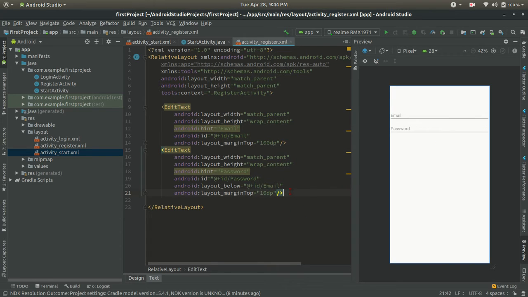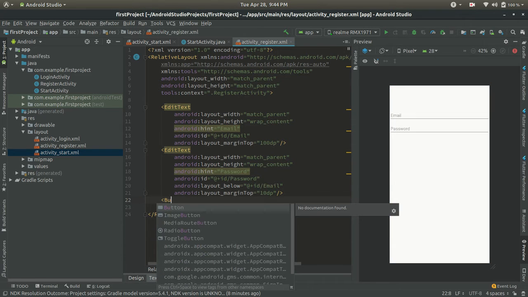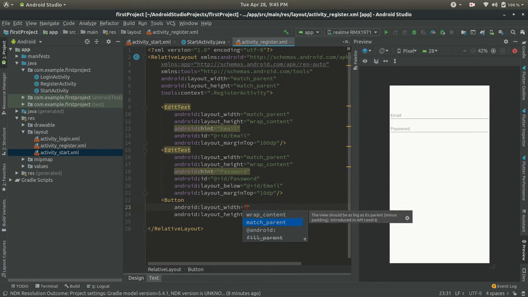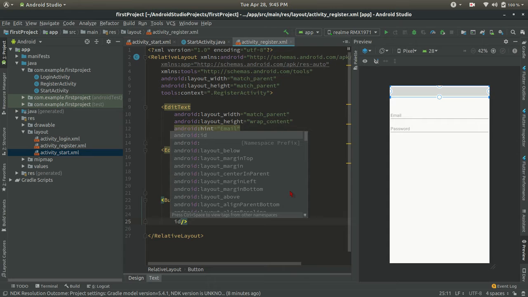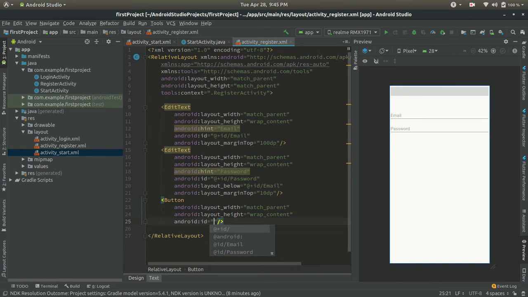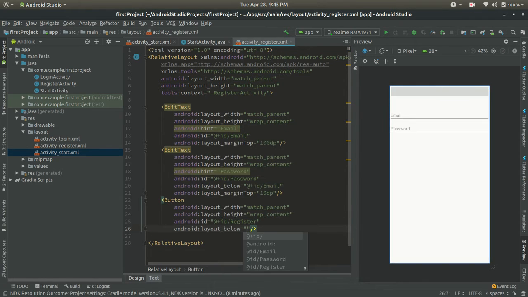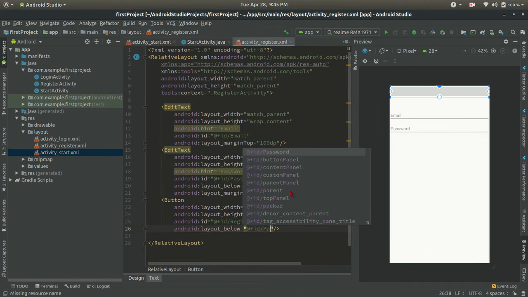So that's it for this. And now we will create a button. So match parent and wrap content, give the ID is equal to register button, text register, and the layout below of the ID of the password.